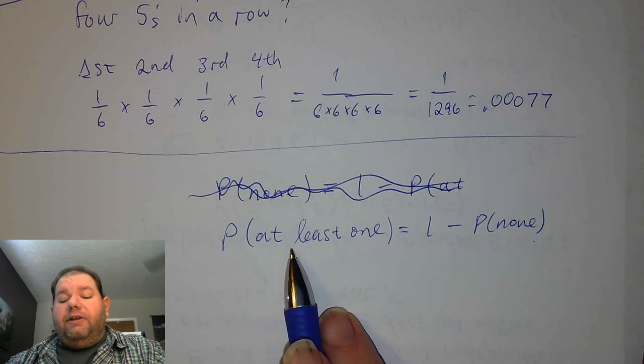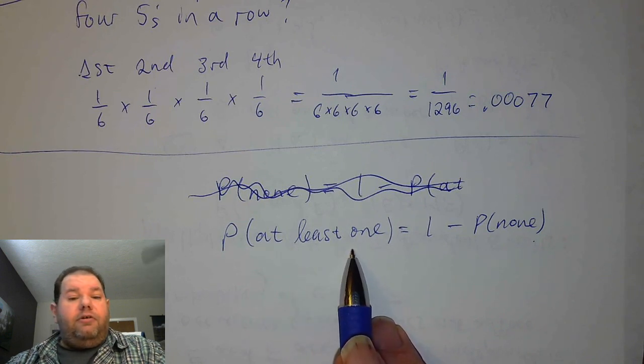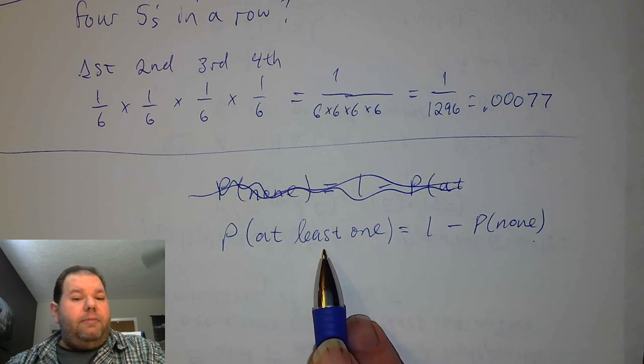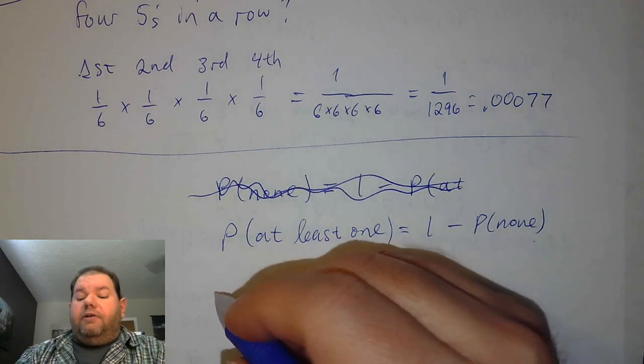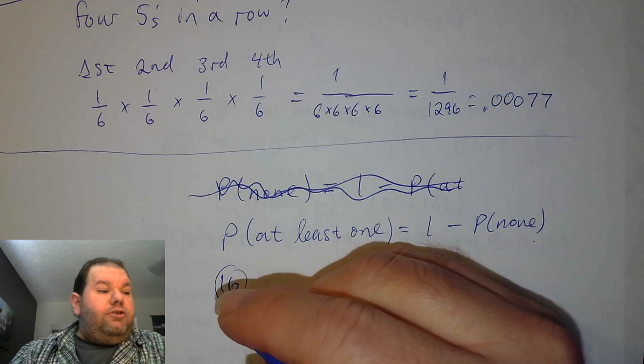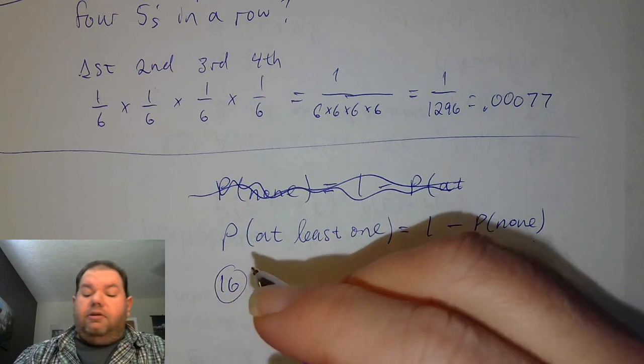When we say at least one time, that means it could occur once, twice, 3 times, however many things that we have. For instance, if we look at number 16 on page 277,